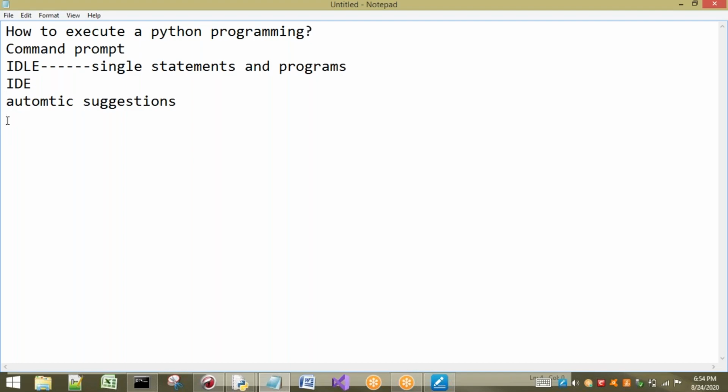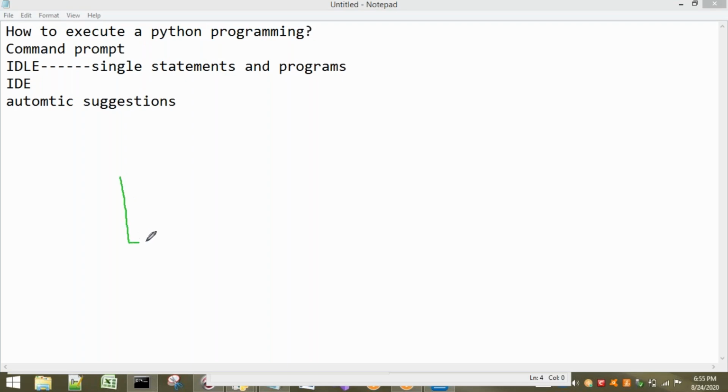Now I want to show you the differences between how C, C++, Java and Python programs execute. Before learning any language, we have to see some of the previous languages also, so that we can understand the advantage of Python when compared to other languages. First I want to talk about the C language. Generally, in any programming language, the first thing we use is source code.